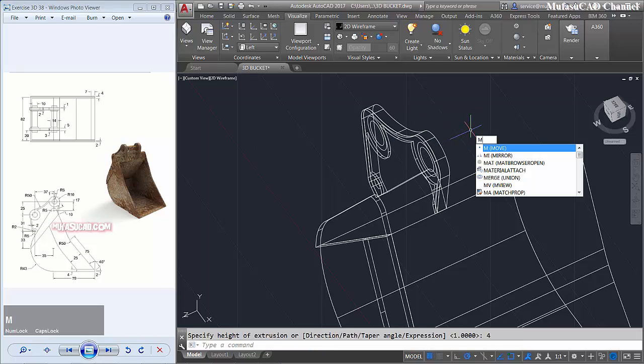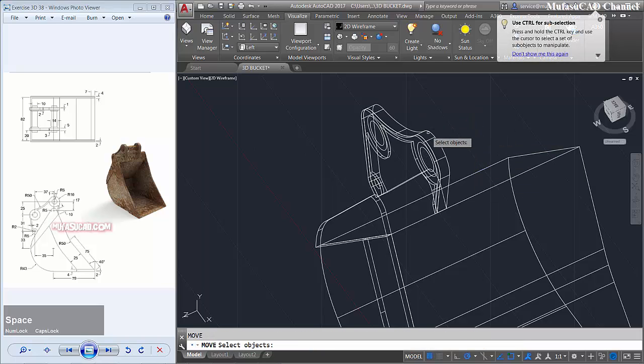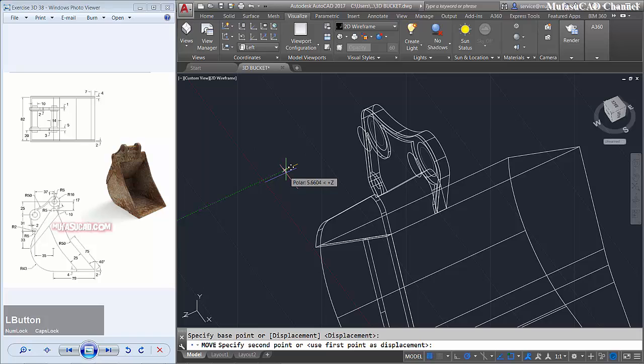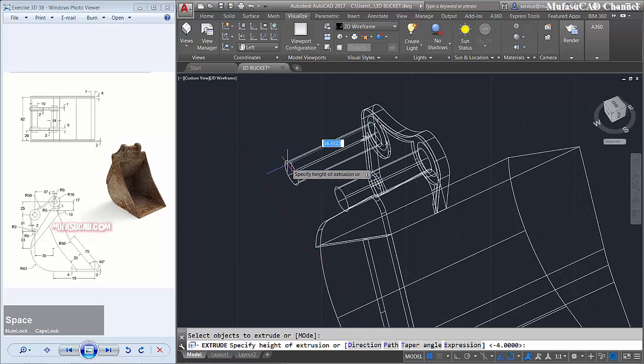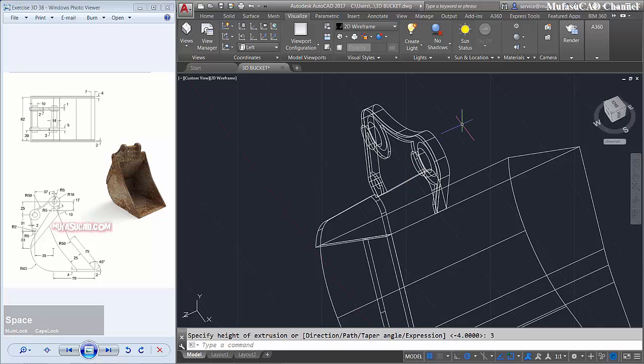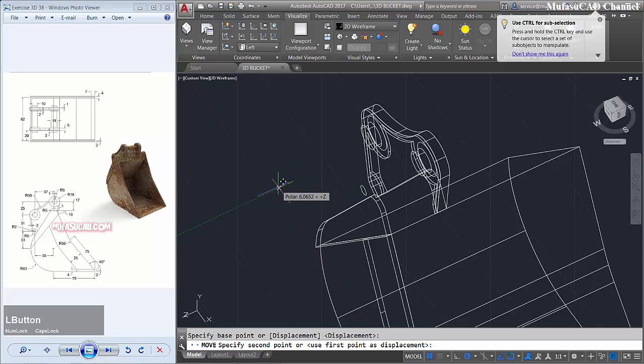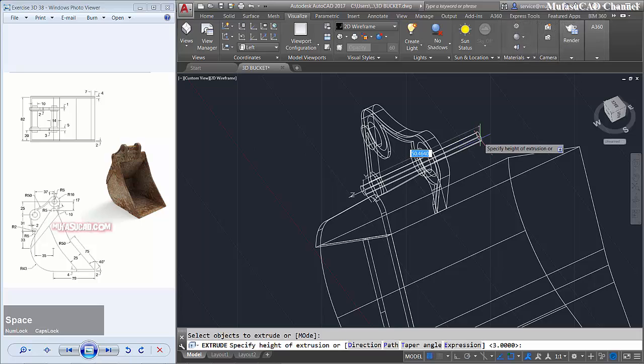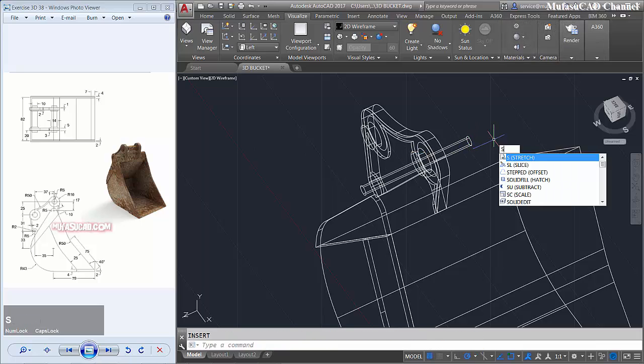Move this object, okay, to this direction 1, and I will extrude this object and this object with 3 points and enter. Okay, lastly I will move this object to here and then extrude this object into here, and we subtract